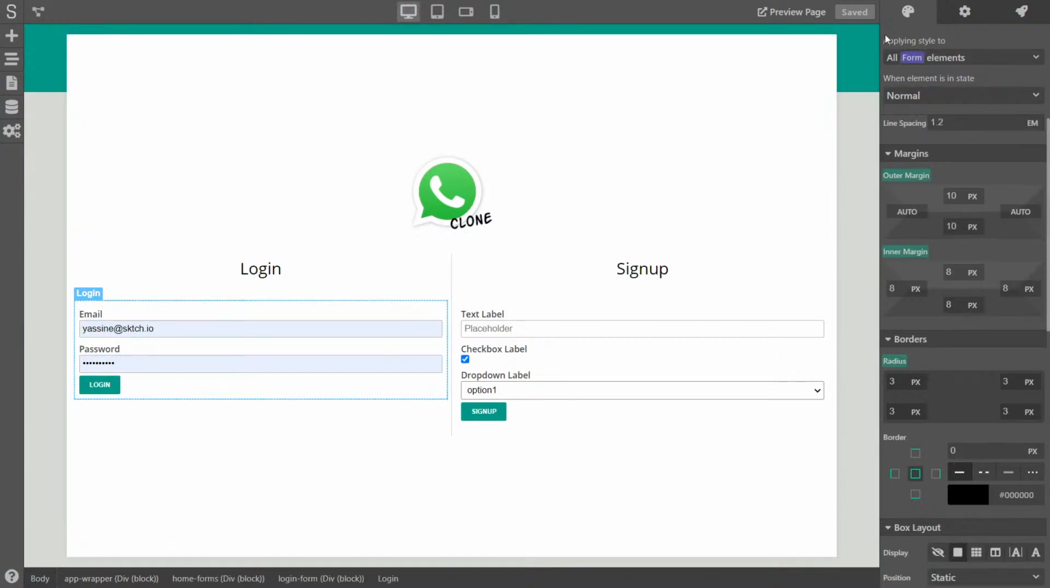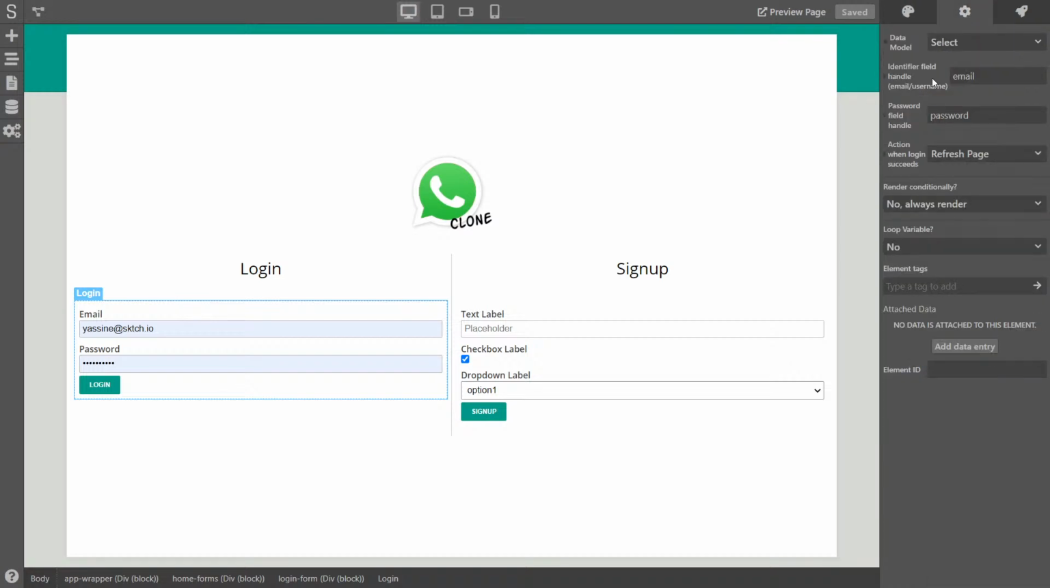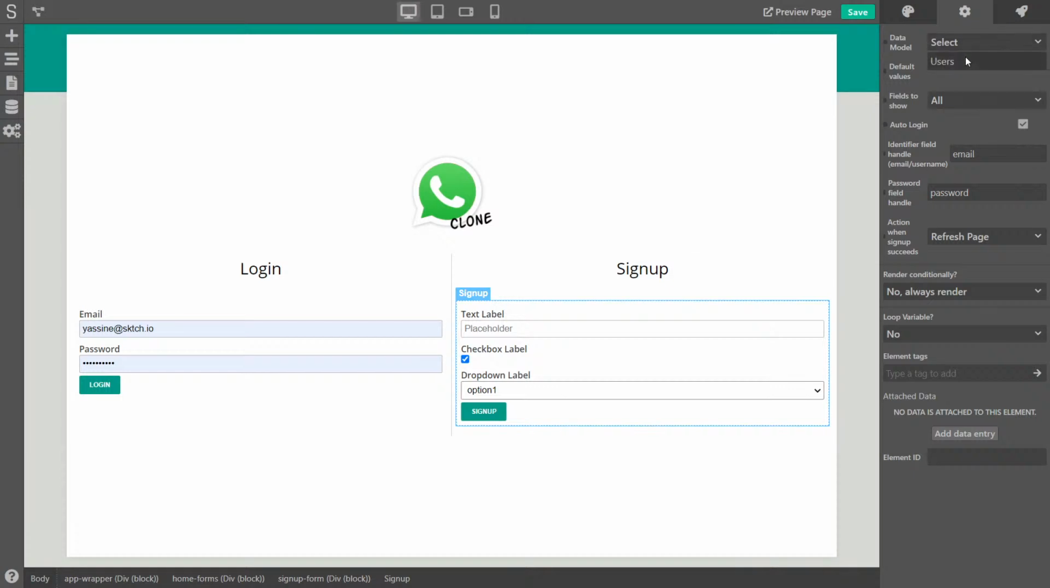So this is the login form. We go to the properties and we need to select the data model that will contain the users, which is the users data model. Now the identifier is the username. This is the handle of the field, and the password is password. And then we can do the same with the sign up. So users,